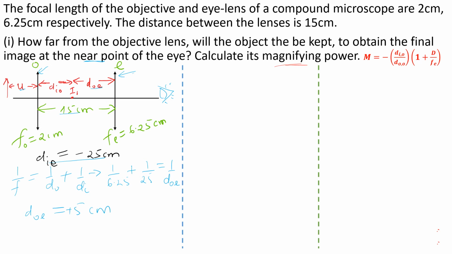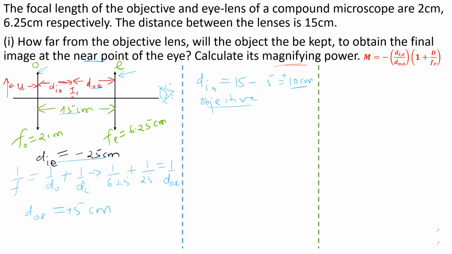So this distance DOE is 5 centimeters, yet the total separation is 15 centimeters. It means that the image for the objective is going to be 15 centimeters minus 5 centimeters, which gives 10 centimeters. So it is positive 10, meaning the image is real here. So we have the image distance for the objective. Now we have gone to the objective